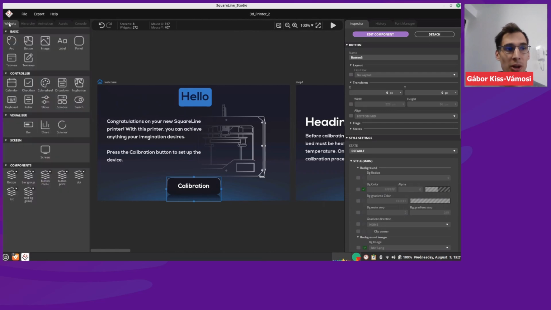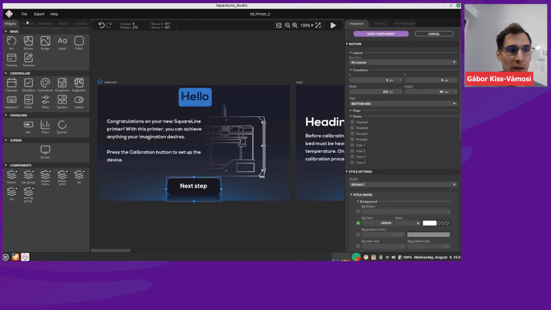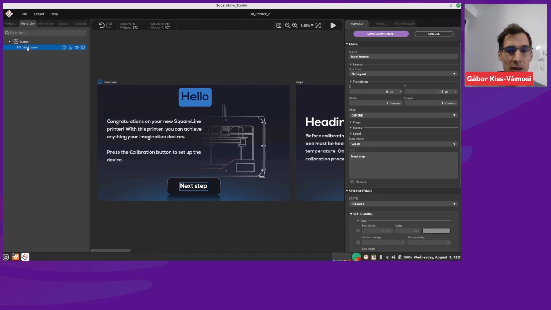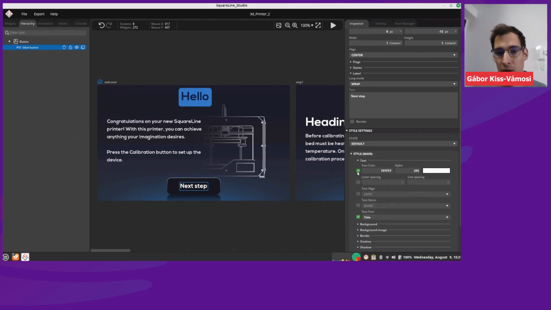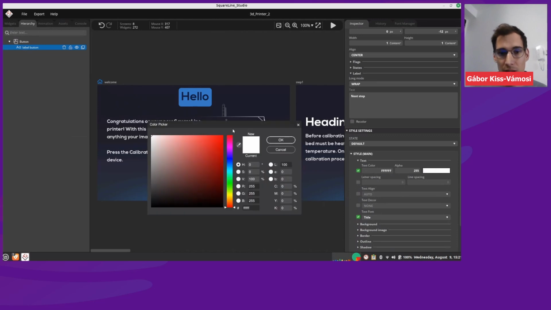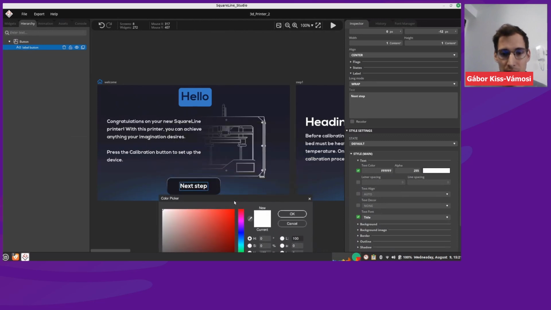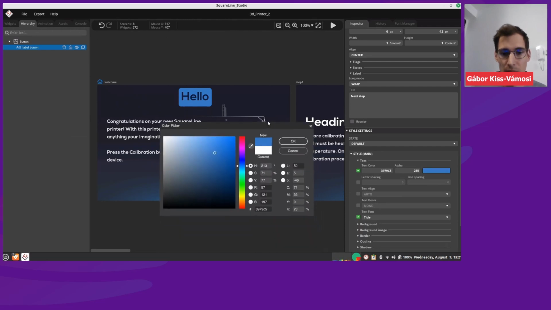The components that you have created are shown here. So for example, we have this button component here. And now you can create any number of instances of this component. Moreover, if you click this Edit Component button, and you change a style here, for example, the color of this label, let's make it blue.